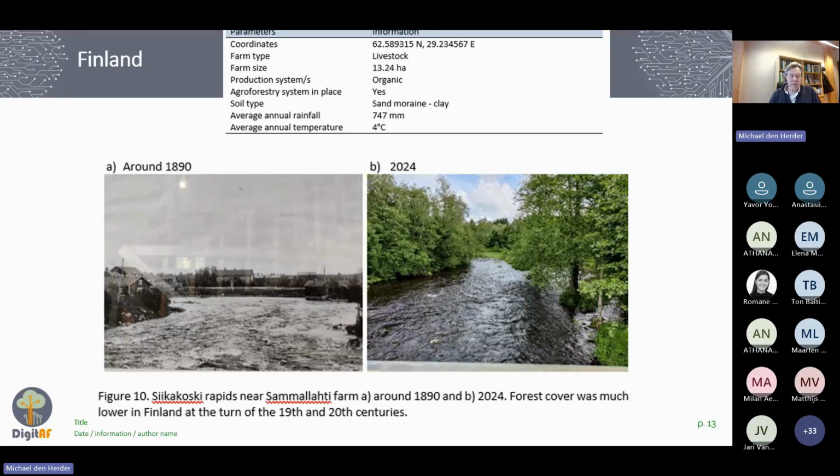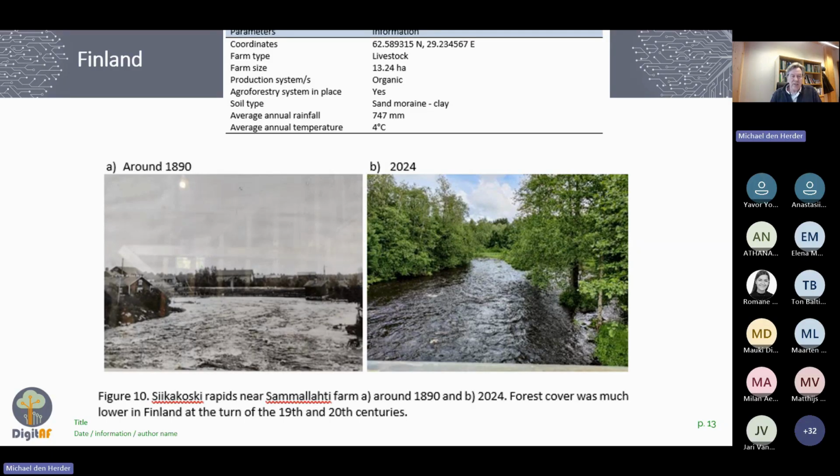The site in Finland was a silvopastoral system. There was a wood pasture with forest grazing. So that's a traditional system. On this picture, you see what the place looked like